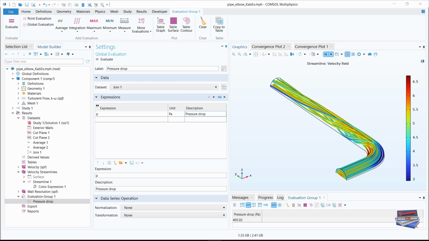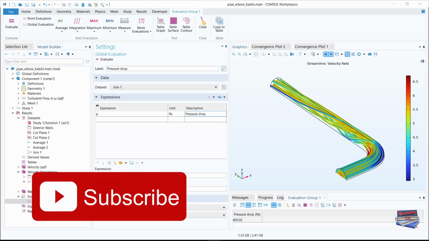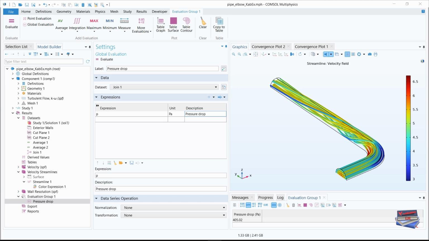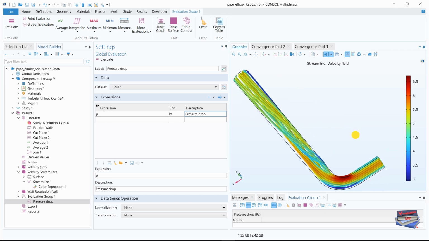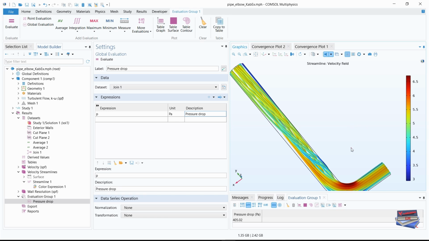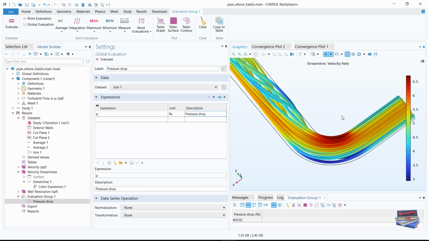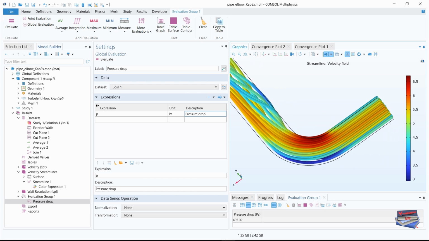The pressure drop is now computed by subtracting the mean pressure evaluated at the cut plane just before the bend from the mean pressure evaluated at the cut plane in the middle of the bend. So let's just rotate this just a little bit right here, and let's pan up and zoom in a little bit. Okay, let's now